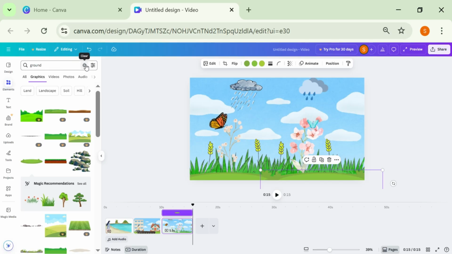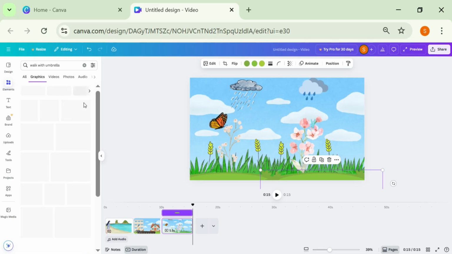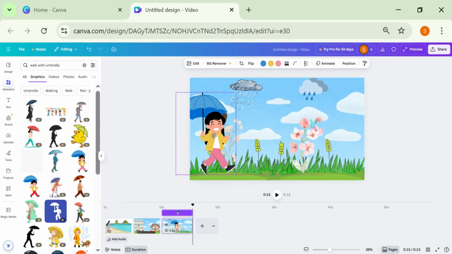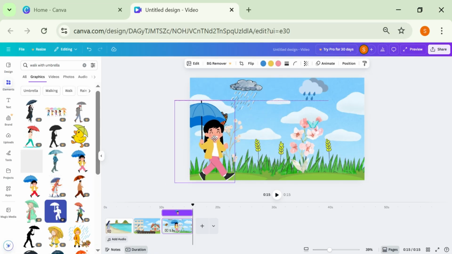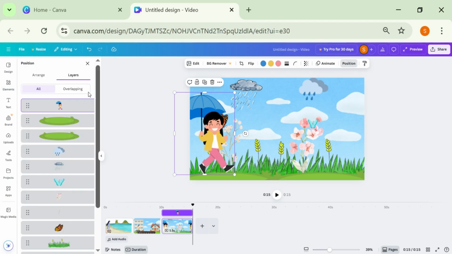in the scene. Go to the search bar and type Walk with Umbrella. Click on See All. Now select a girl character holding an umbrella to add into the scene. Select the character, drag it, and adjust its position so it stands properly on the grass. Click on Position, go to Layers,